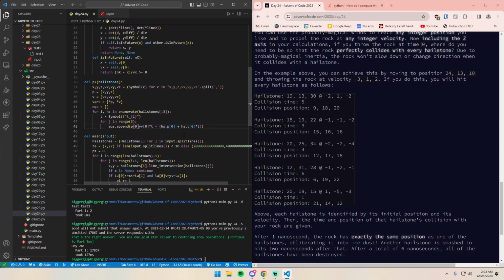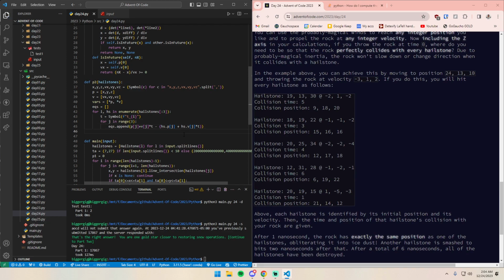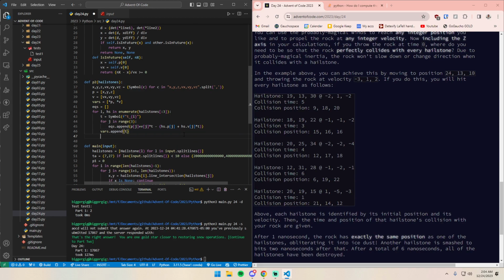And so we'll just do this for j, instead of 0, and then we can just do this for j in range 3. So now we've got all of these equations, and we'll add our t to our variables. And finally, if I print out sol polysystem equations and vars,